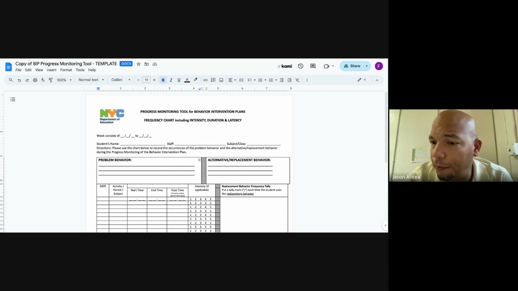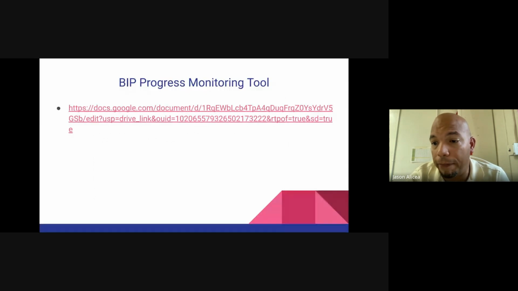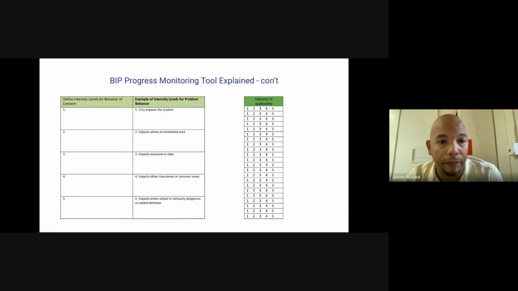Frank, if there are any questions, we can address them at the end, but we'll just finish up. So this is, again, the progress monitoring tool on the bottom. On the right-hand side of the progress monitoring, you'll see these pre-populated statements that range from only impacts the student, to impacts everyone in the class, and 5 is impacts the entire school or seriously dangerous or violent behavior.